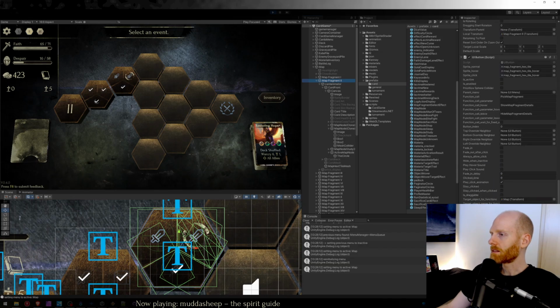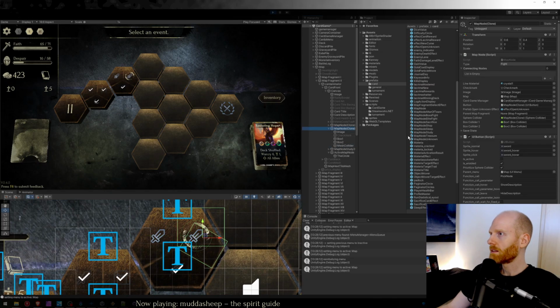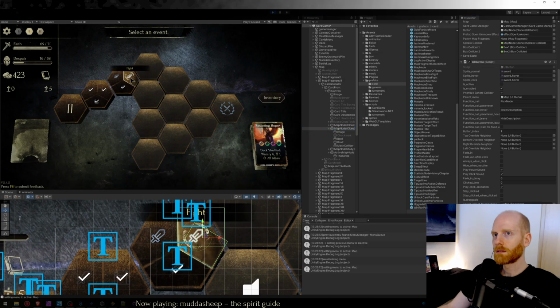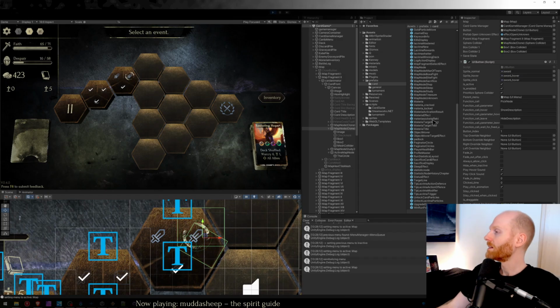Does it really need a rigid body for it to work? That sounds really stupid. It does. It does need a rigid body for it to work. Okay. But apparently it does need a rigid body